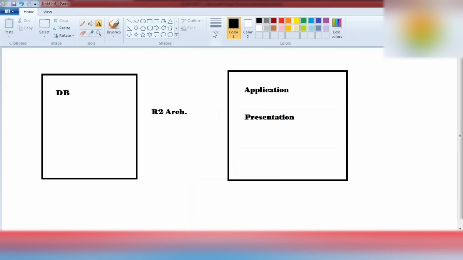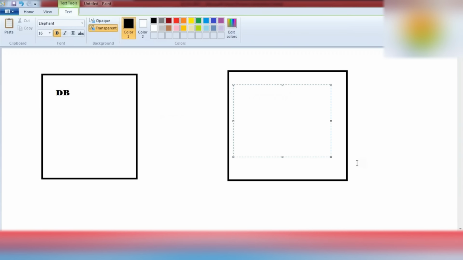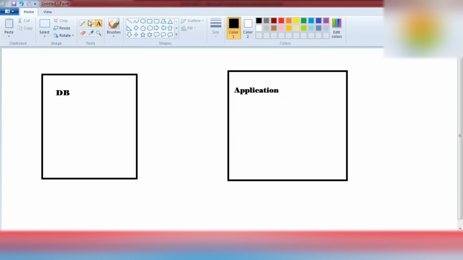After some days, they felt they needed to segregate their presentation logic from their application logic as well. So they came up with the new R3 design, where we are currently working. In the R3 design, they came up with another box for the presentation server.